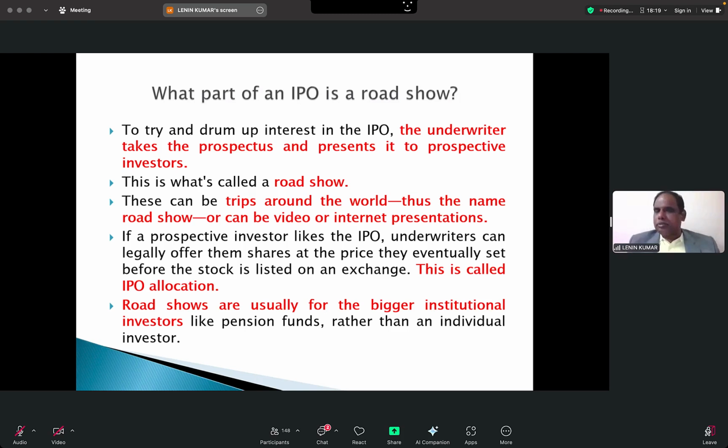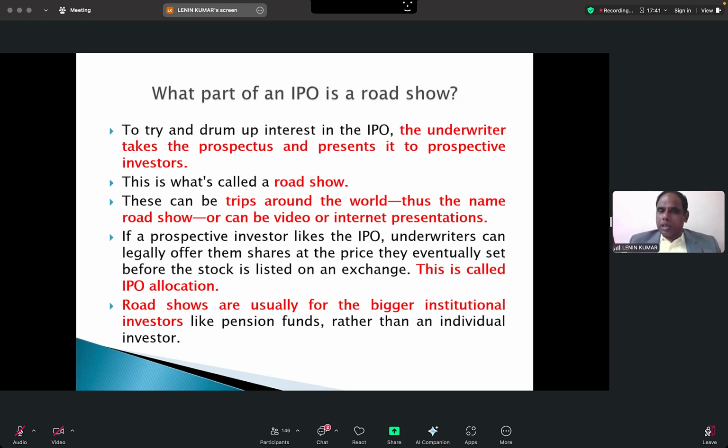It's a wonderful point. Imagine NBD are going to the US and conducting a roadshow. Now in the US, imagine they have a good impression about Lulu. They are very much interested to purchase the shares at the price of 150 or 160. The stock is not even listed yet. I told you, only if it is listed can you purchase. But before listing itself, NBD will sell the shares to the US people and they'll make money there itself. Actually, this is called IPO allocation.